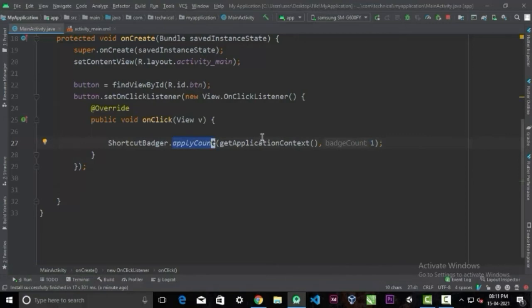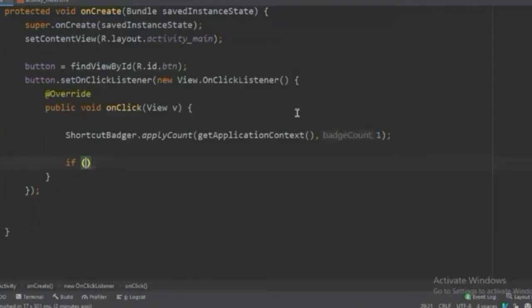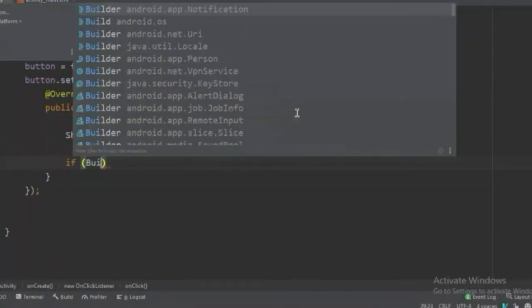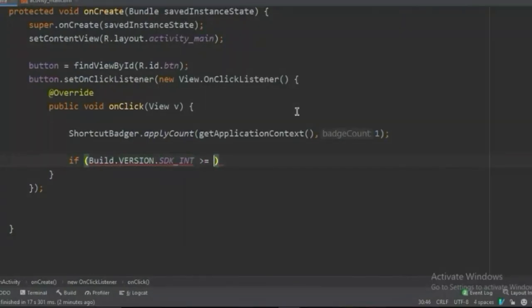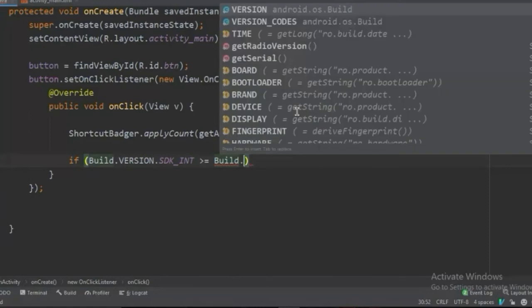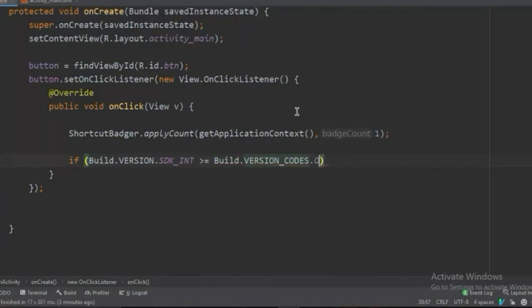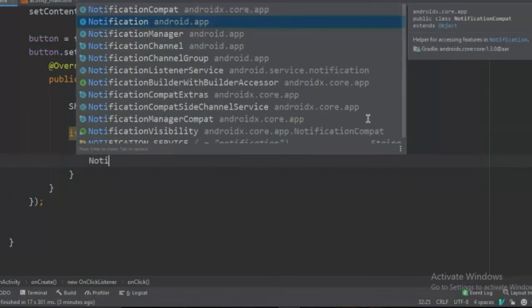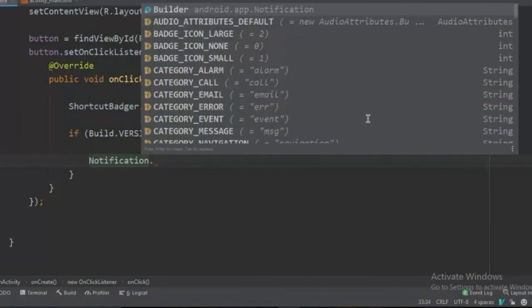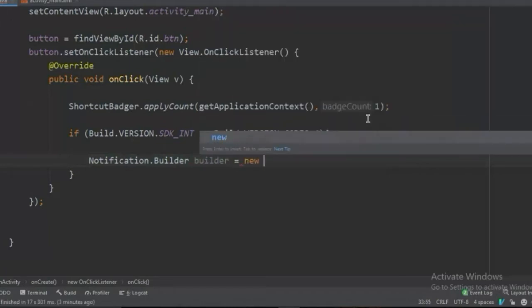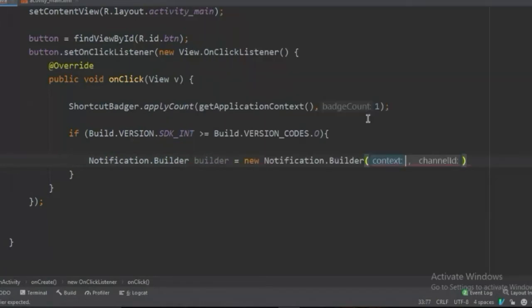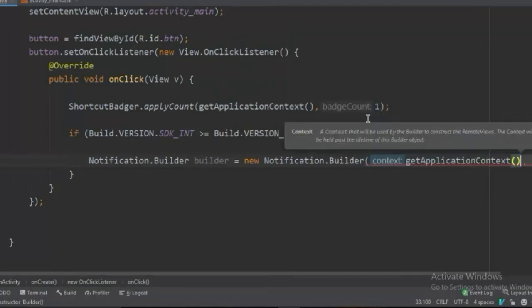Since the notification rules have changed, we first have to check the Android version. If the Android version is equal to or greater than Android Oreo, we have to create a notification builder. So Notification.Builder, I'm going to call it builder, equal to new Notification.Builder and pass getApplicationContext.